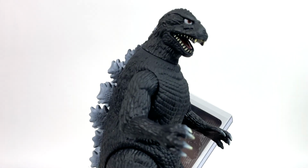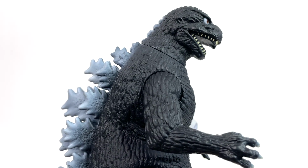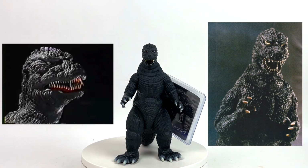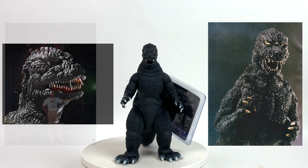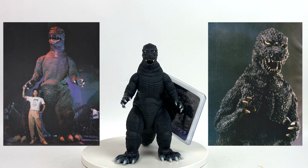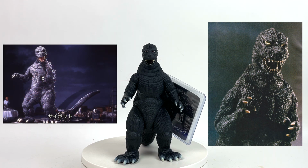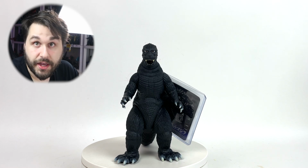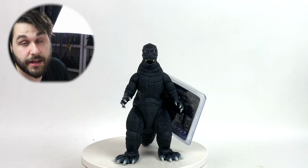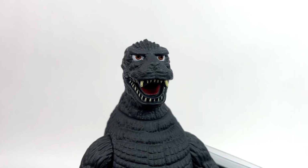Up first, we're going to be taking a look at Cybot Godzilla because, believe it or not, this is very much a first for a mainline Bandai vinyl line. For those who are not aware, Cybot Godzilla 1984 and the suit of Godzilla 1984 don't match, which is why there is this distinct distinction between the two. So just knowing that we now officially have Cybot Godzilla in the movie monster series alongside 1984 is actually quite awesome. These eyes are quite awesome too, if a bit,